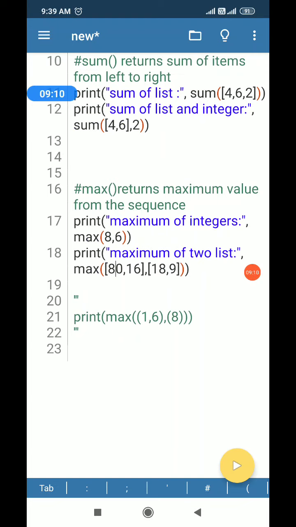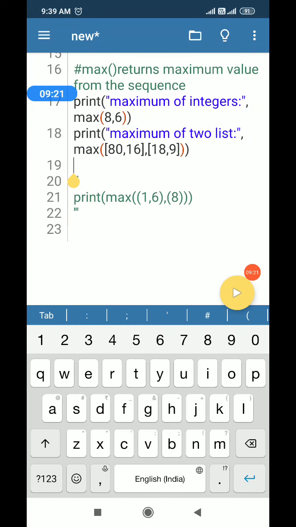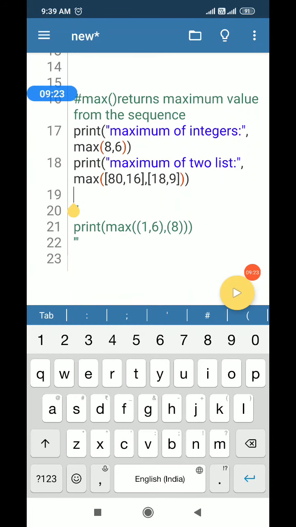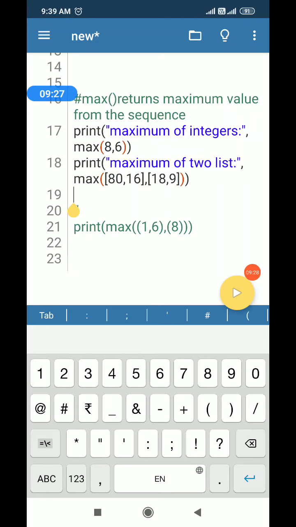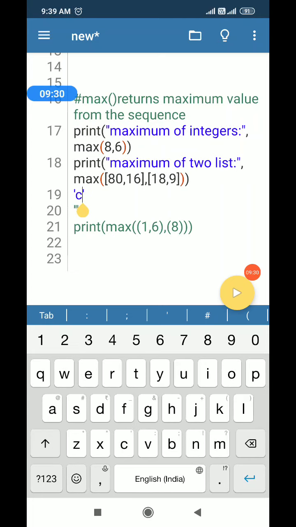And in the same way you can apply this function for calculating the minimum value from the sequence. Now coming to the last statement, actually in the last statement there is a twist.